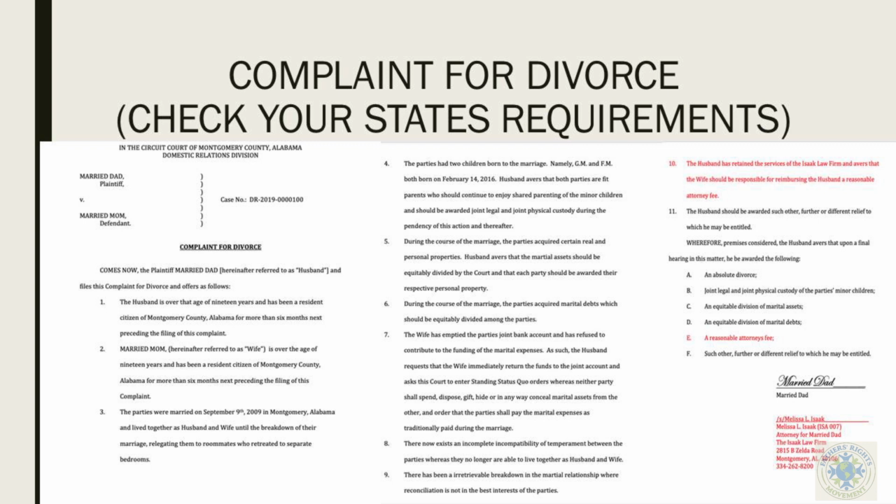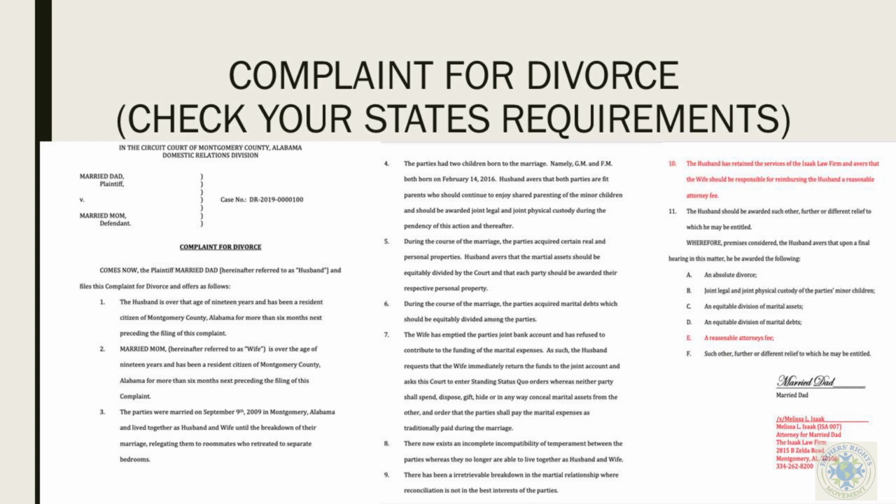You say where the parties were married, when they were married. You have to establish that a valid marriage exists, right? Because the court can't take jurisdiction of something that doesn't exist. If there's children, the children name the petition. Okay, the parties had 2 children. Some states you can put their full names, some states you can only do initials. Regardless, you identify the children, you identify when they were born,